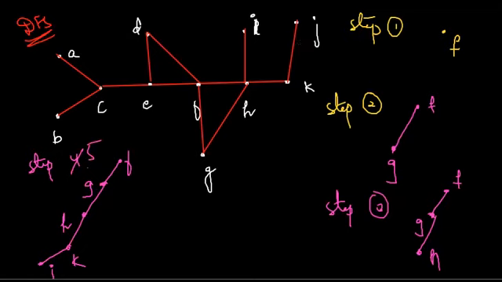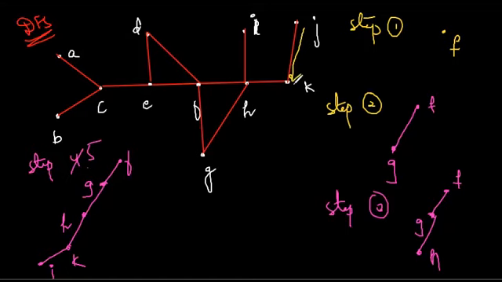Now after that, please note down the steps. Now we have gone through F, G, H, K and J. This side of the graph is completely traversed and there are no further vertices from J. So what you have to do is backtrack. You have to backtrack until you get a new vertex. So from J, you will have to backtrack to K. Because we have reached K earlier, we backtrack to K.